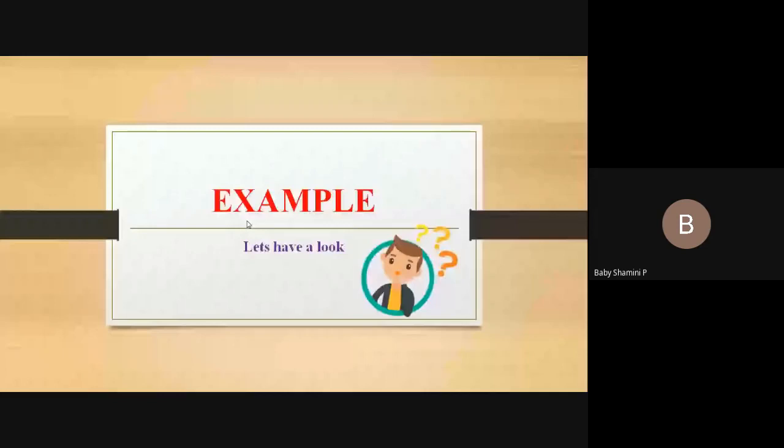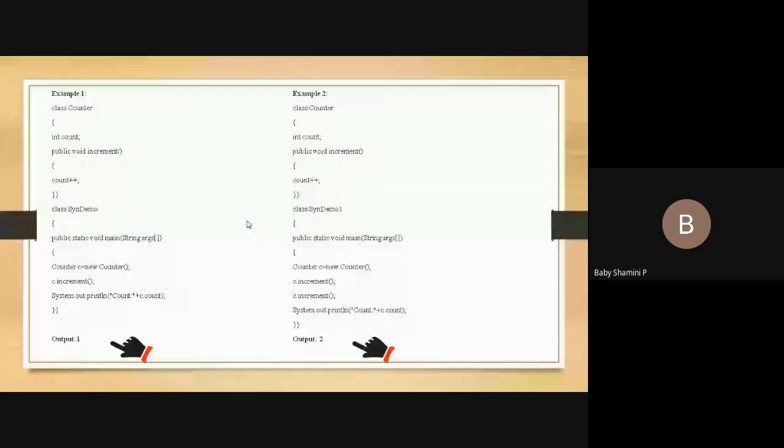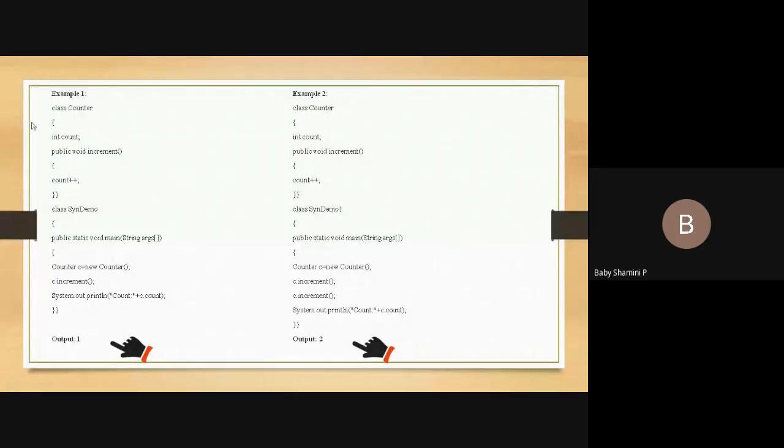Okay. So I'm going to perform a count operation. First I'm going to declare count, perform count, and finally display the count value. Inside class Counter, I'm going to declare a function increment. Inside we have the statement count plus plus. What will count plus plus do? It increments the count value.